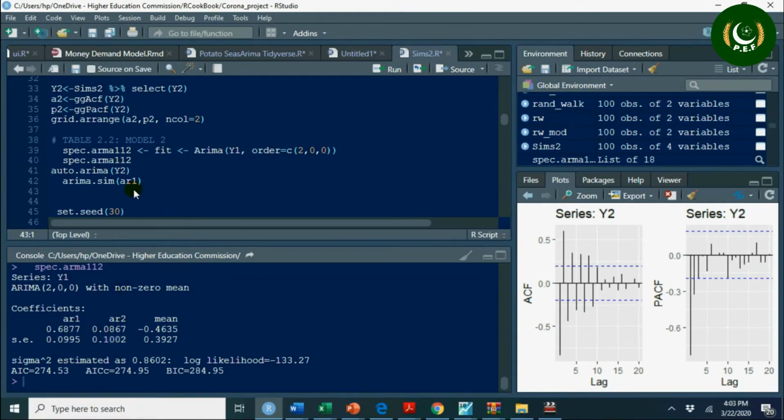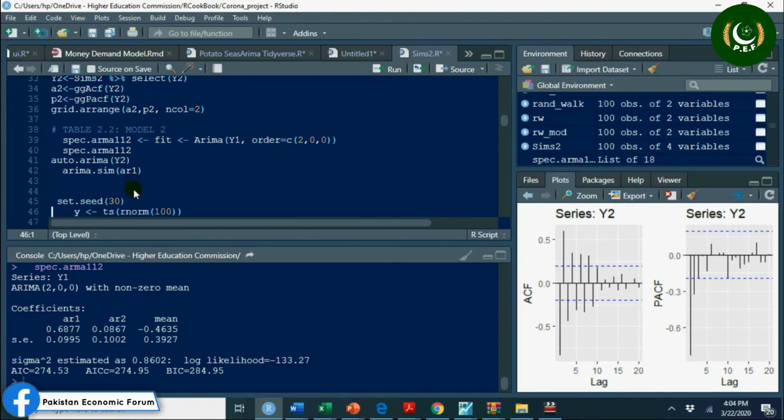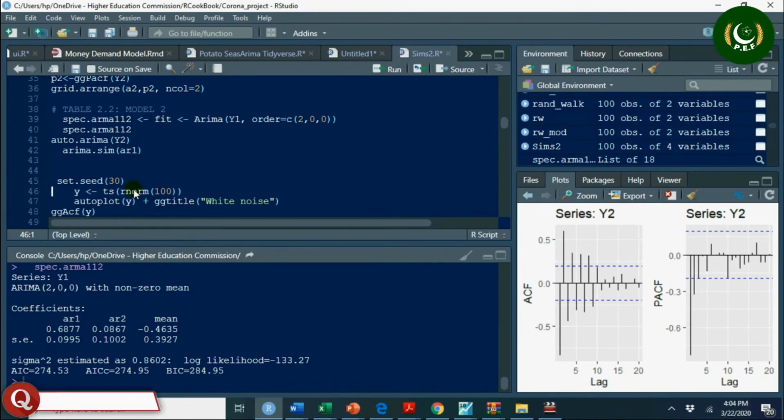Anyhow, this is how we guess the model, then we estimate the model, then we check the residuals of that model, and if everything is fine, we say that is our model, but there can be more than one candidate model for one data. Now, another interesting thing that I'll describe in the next video, that is simulated autoregressive integrated moving average models, as well as I shall explain unit root tests.